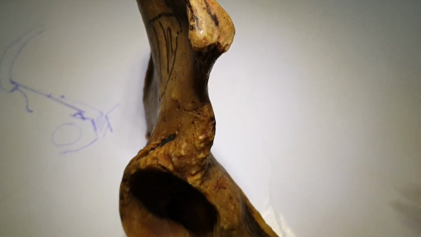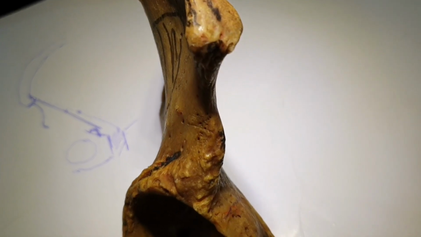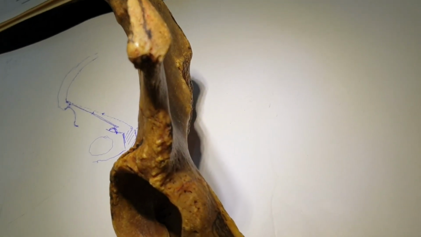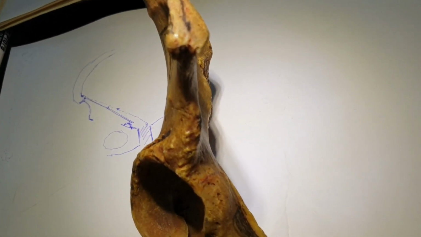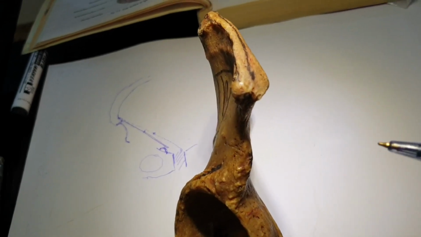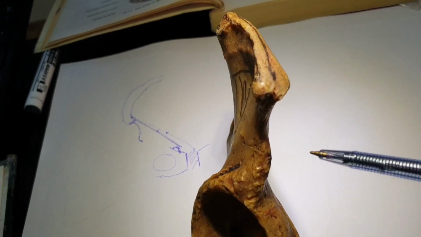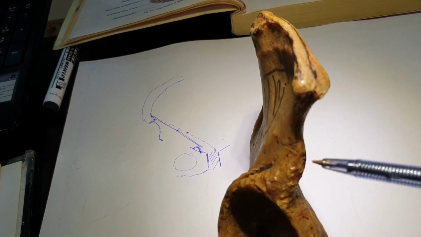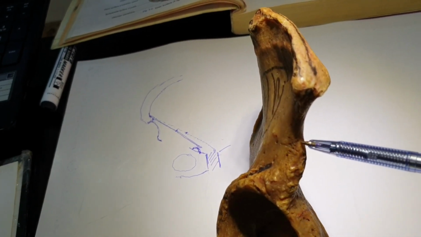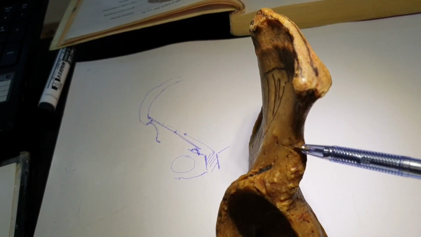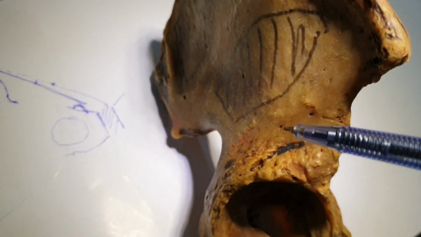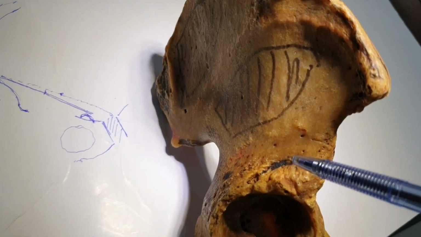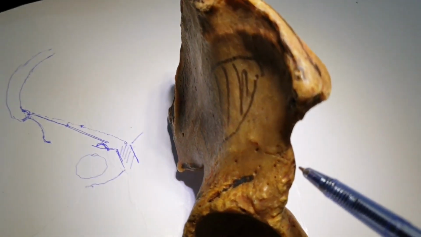And we have discussed the attachment of the rectus femoris. I told you the rectus means erect and femoris is related to the femur. So it is the straight muscle which runs on the anterior aspect of the femur. It has two heads, and both of them take origin from the hip bone. One takes its origin from the anterior inferior iliac spine. The other origin is from the reflected head. The straight head arises from the anterior